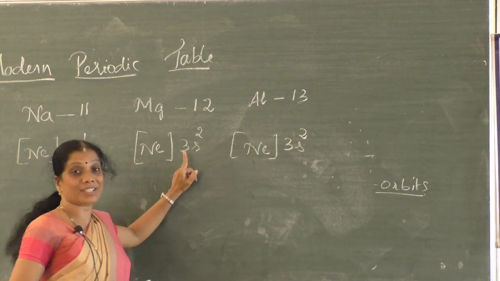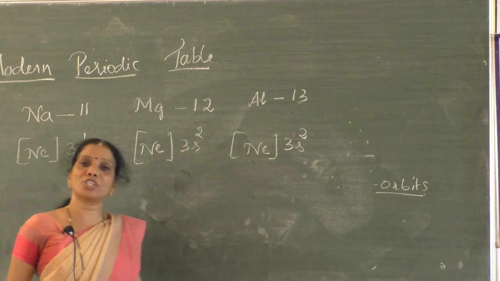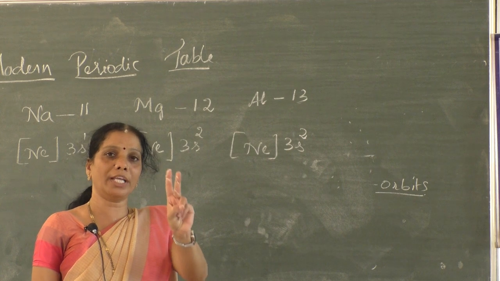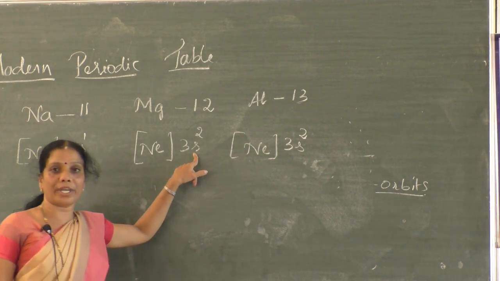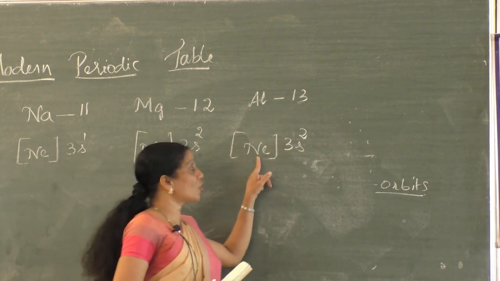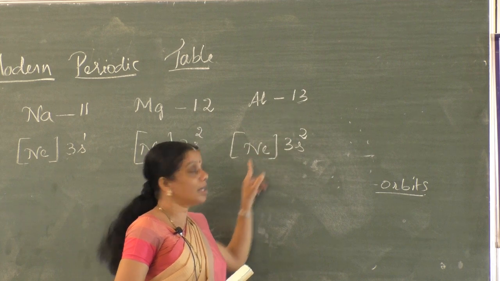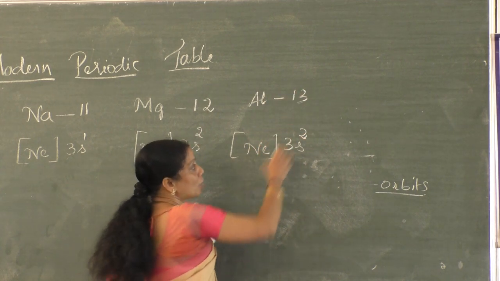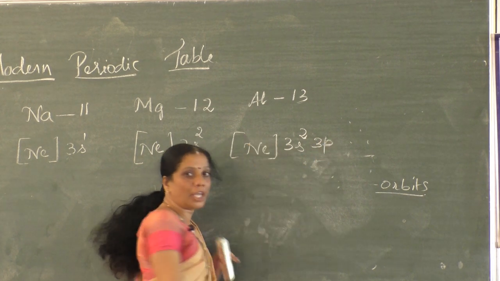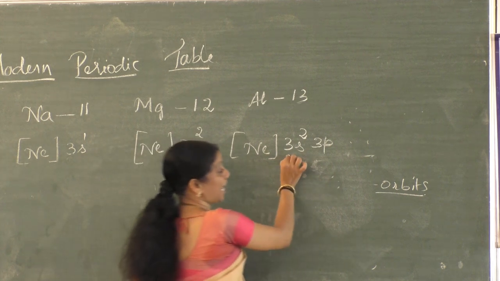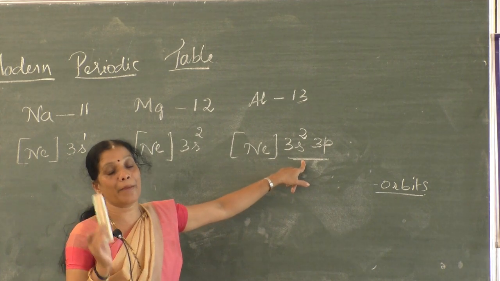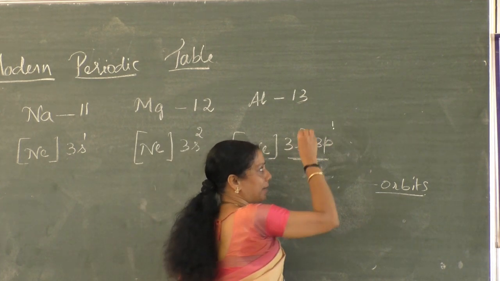But all those 3 electrons cannot enter into the s orbital, because you know this, the s orbital can accommodate a maximum of how many electrons? Only 2 electrons. The s orbital can accommodate a maximum of 2 electrons. Here 10 electrons we have written, that is neon. 3 electrons remain. Out of those 3, only 2 enter into the s orbital. The next one enters into the p orbital of the same main energy level, that is 3p1.